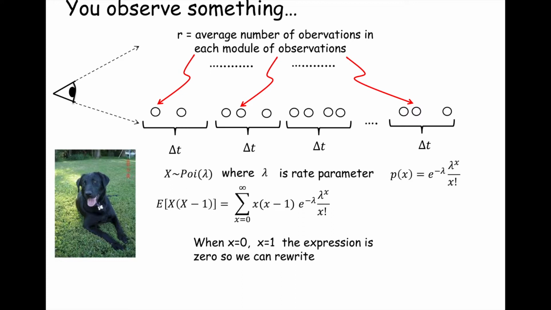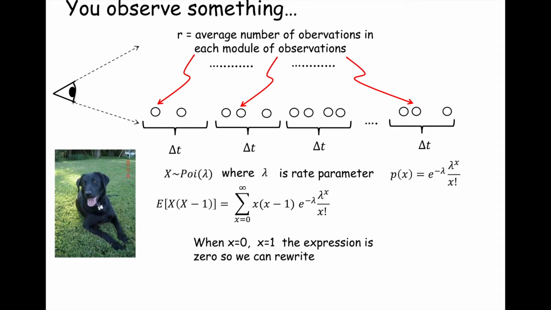We're going to peel off the 0th term when X equals 0, and we're going to peel off the first term when X equals 1, and make a few observations. So when X equals 0, what happens? Well, when X equals 0, this is 0, and it doesn't matter what everything else is, right? 0 times anything is always 0. Likewise, when X equals 1, this middle term, 1 minus 1, is 0. So the value of the sum's term is 0 for both of those cases.